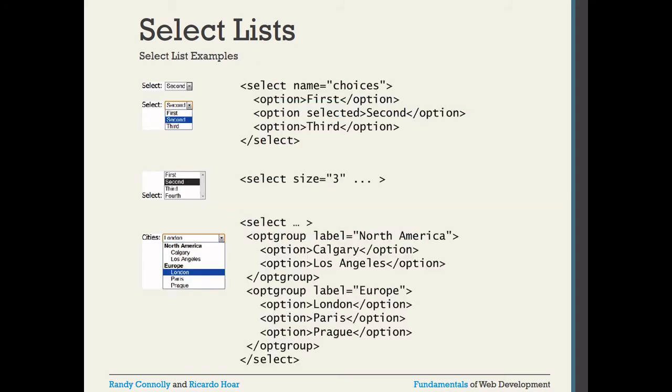So you see here in the first example, select name equal to choice, then option, open the option, then they put first and close the option, another option, then selected second, and some kind of statement is there, then again they close the option, then again the third option, and then close the options, and the last one is the select. So this is the very simple way to create the dropdown list, right? If you want, you can provide size also, size equal to 3, only 3 values will come here. Got it?